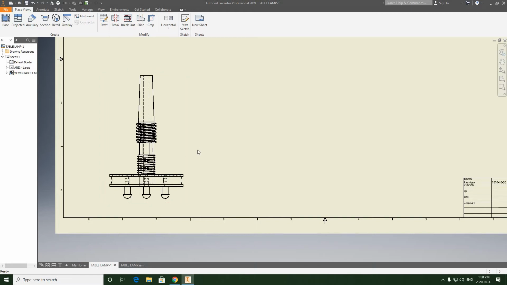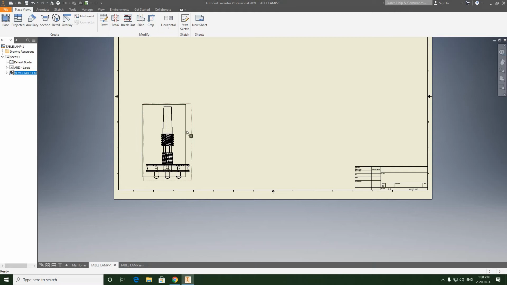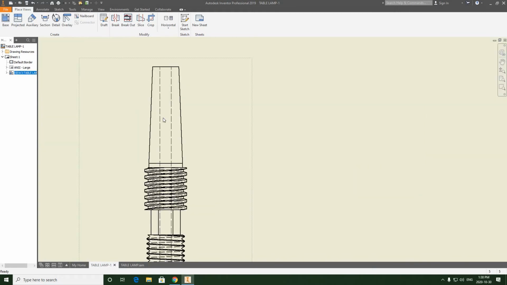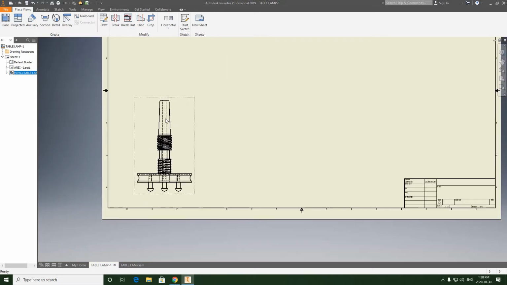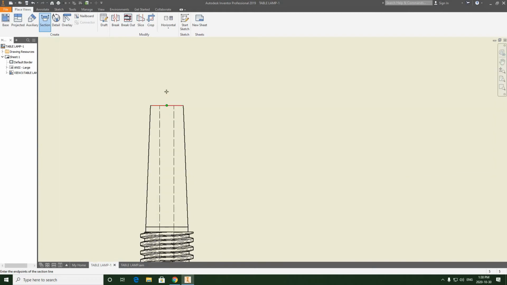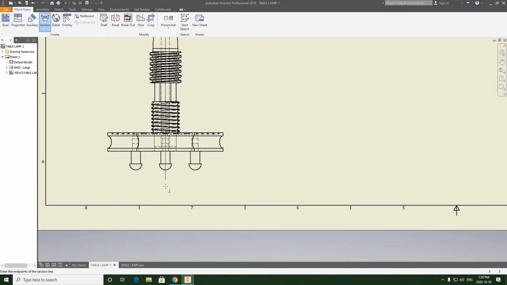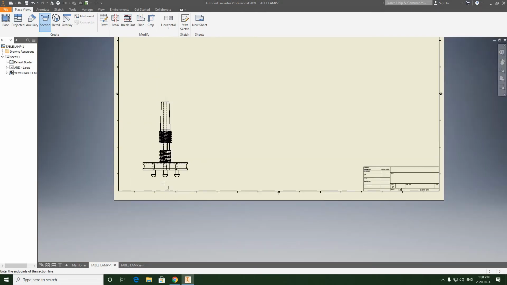All right, moving on. We are going to create a right-hand sectional view because this is what was asked for in the rubric that I had showed you earlier. So we're going to go to place views, which we're already at, and we're going to select section. We're going to section right through the middle. So again, a review of this is to run your cursor at the end where you see the green snap, and then come up with your cursor a bit without left clicking, and then left click, come down to a similar spot on the bottom,